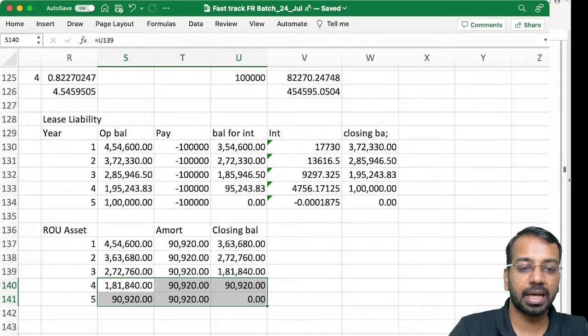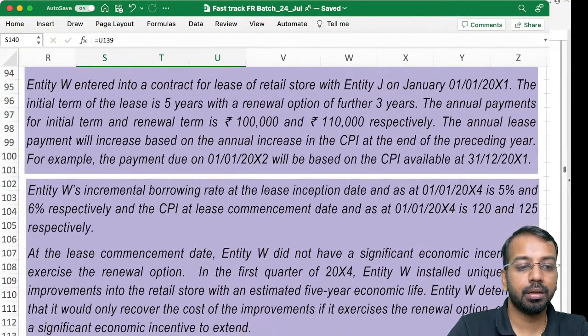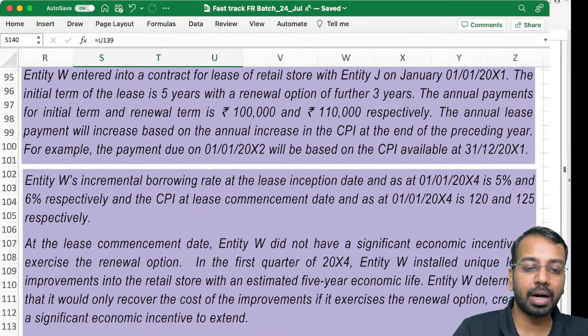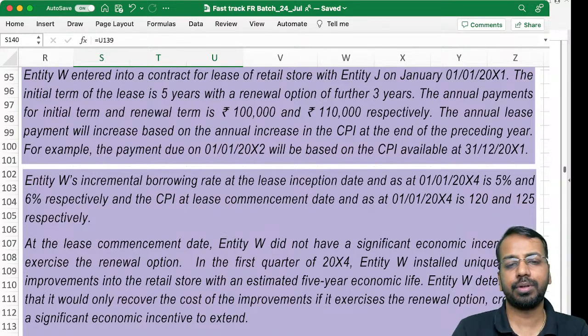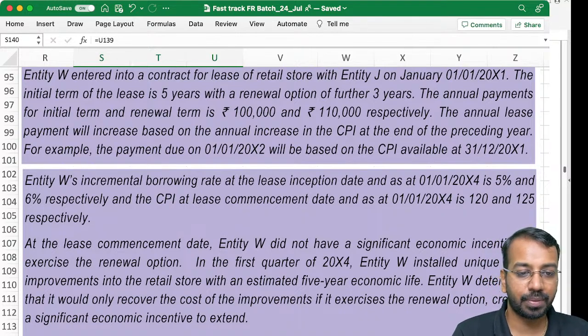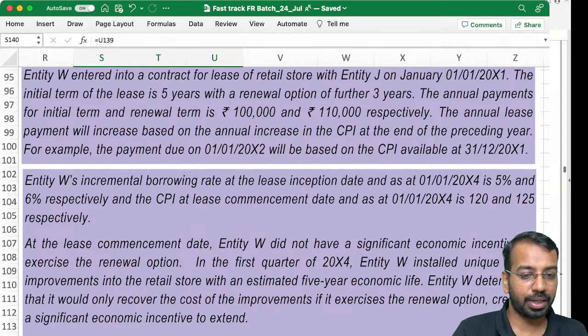Now, if we come back to the question, what it says is, at the lease commencement, entity W did not have a significant economic incentive to exercise the renewal option. So we said, okay, renewal will not be exercised. We'll calculate for the 5-year period only. In the first quarter of year 4, which means year 1 is completed, year 2 is completed, year 3 is completed,